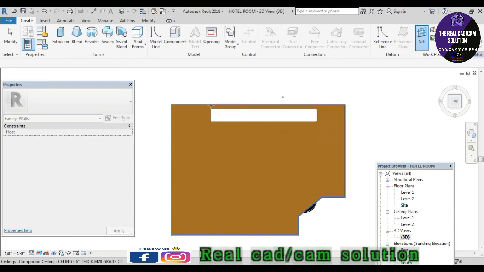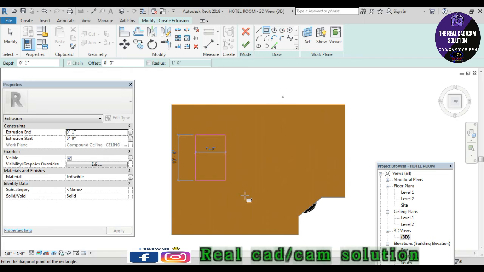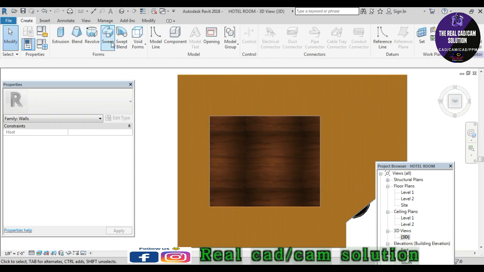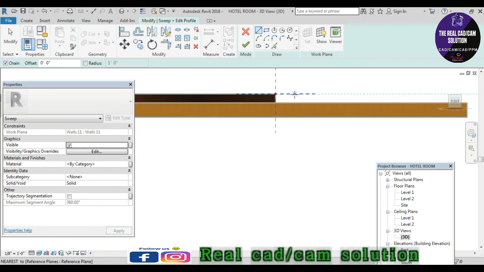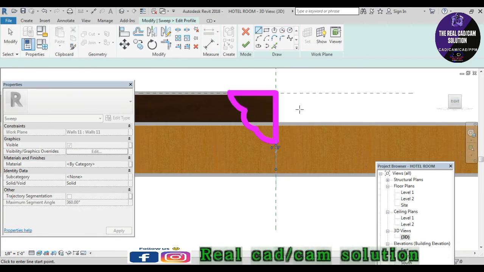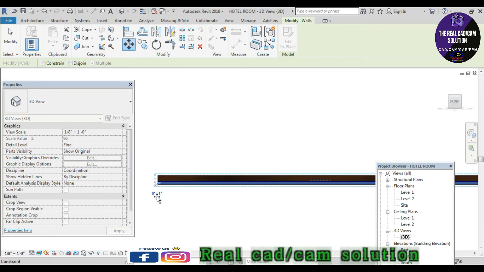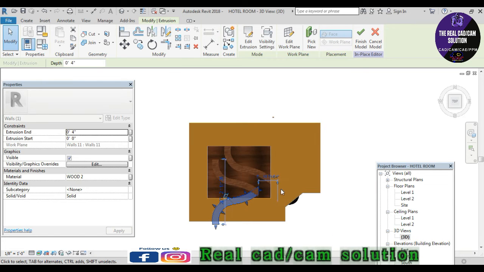Set my pick plane. Okay, I put the design all over the ceiling, using my extrusion, drawing a rectangle. Nice. I use the material, wood material, it's looking clear in the rendering image also. I use the sweep for a strip light on the exterior side of the ceiling, that's why I choose to draw like this. And go to finish, extract to sweep around the down part of the roof ceiling. Okay, and go to some design of the wall and ceiling, offset to exactly 2 feet. It's nice. Okay, I finish all these designs, it's nice.